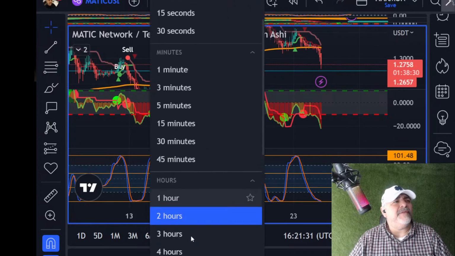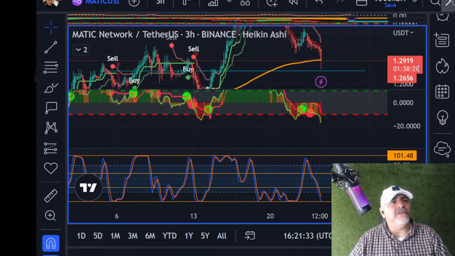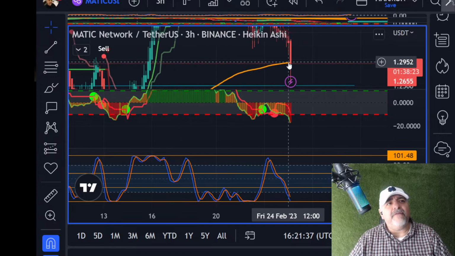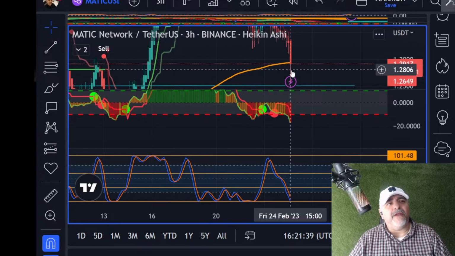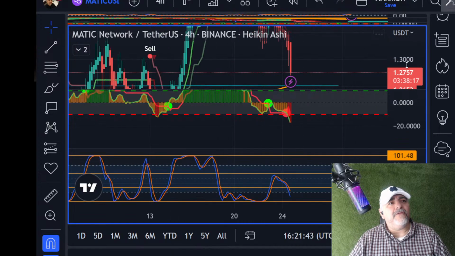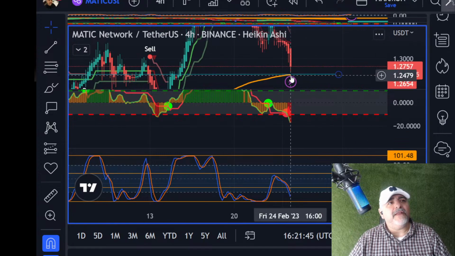Let's go to the 4 hour. Let me see what the 3 hour looks like. Is it breaking the 2 hour? Yeah, it's about to break the 3 hour moving average, but it could be using that for support right there, right? Which it probably is using the 4 hour support. Right here, so here's your 4 hour. So more than likely, Matic is going